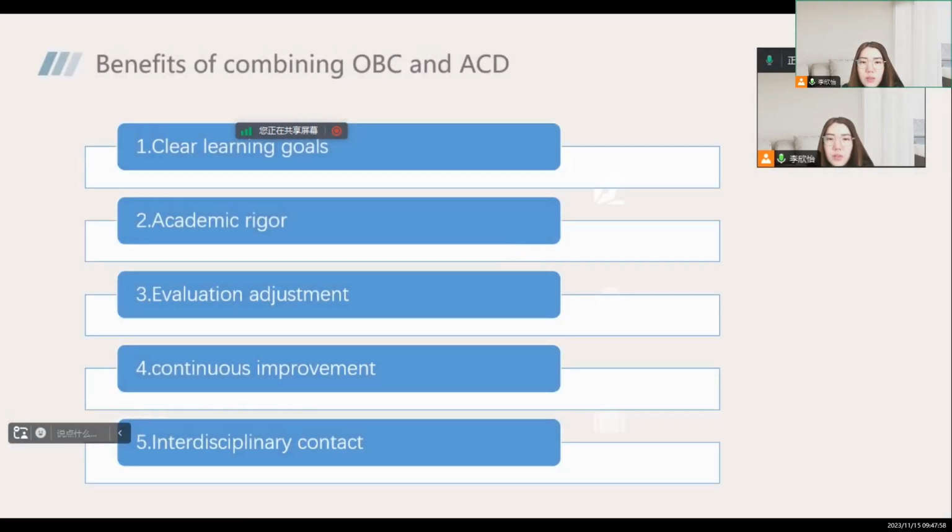Here are some of the key strengths. The first one is clear learning objectives. The OBC specifies the results to be achieved, and the ACD ensures that these goals have academic significance. This clarifies